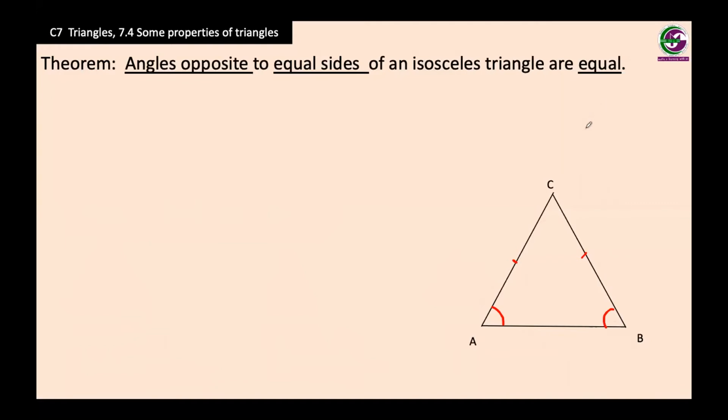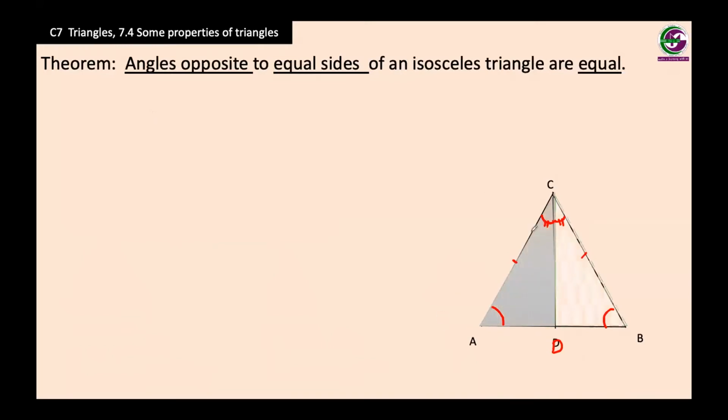For that, we need a construction. Let us construct a line from C to D in a way that angle ACD, the angle which is formed here, is equal to the angle which is formed here. Or we can say CD bisects angle C. So that is the construction, and we already have side CA equal to CB. So let us see in the triangles